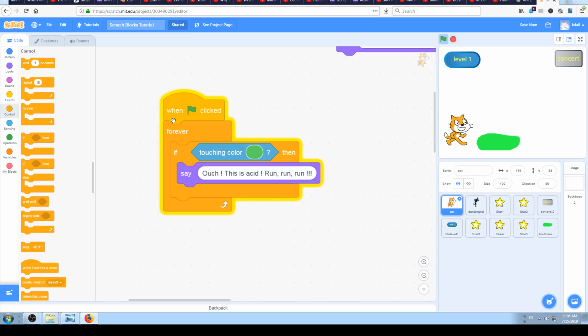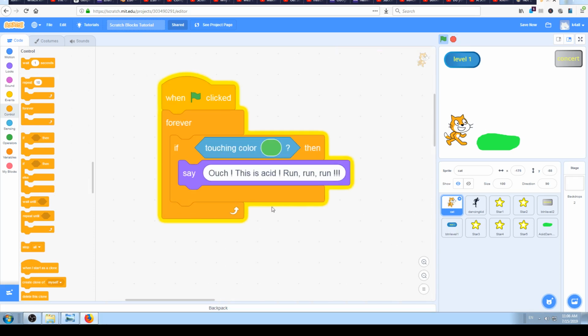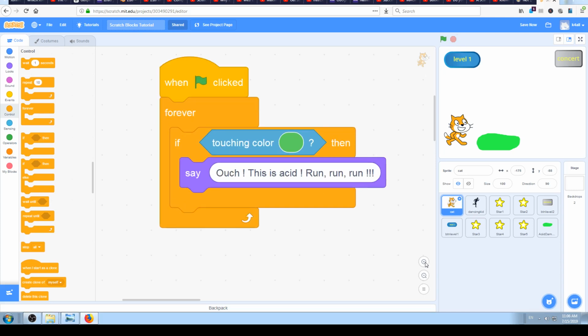Well, as you can see, this yellow border around the code means Scratch is reading it. So if it's yellow and stays yellow, that means Scratch is reading it and reading it and reading it forever. That's cool. That's what we need, but we have some problem. Cat is touching this acid, but nothing happens. Why? If you look really closely,